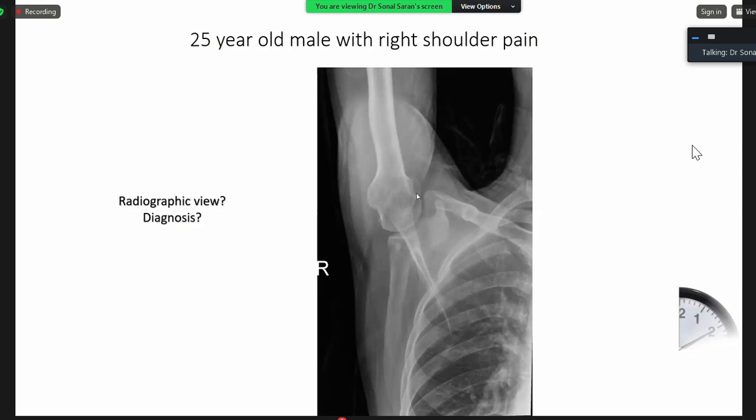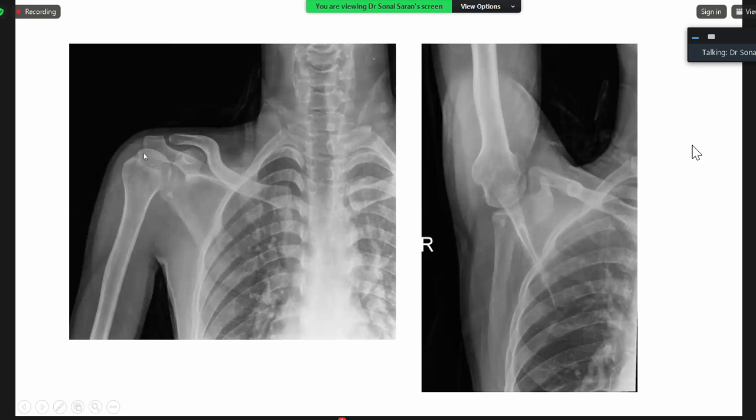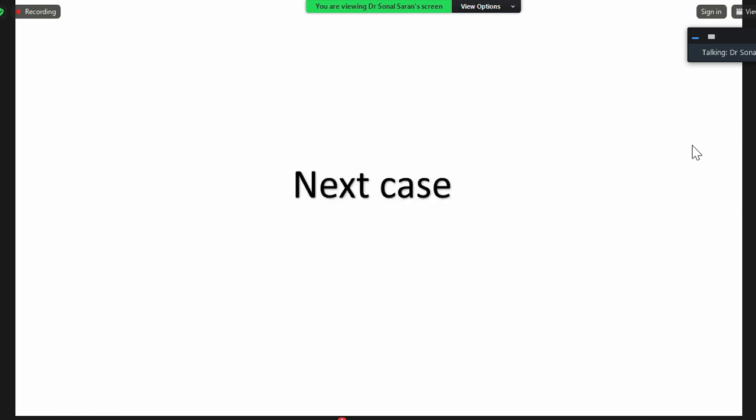Okay. So here we can see this is a Stryker's notch view where we can see the posterolateral aspect of humerus very well over here. There is a defect over the posterolateral aspect of humerus head, and this is Hill-Sachs lesion. So basically, to look for Hill-Sachs lesion, we do this Stryker's notch view. And when we compare a simple AP radiograph with a Stryker's notch view, you can clearly see how well this Hill-Sachs lesion looks in the Stryker's notch view. And this is how we take this radiograph. So this is Stryker's notch view for Hill-Sachs lesion. Next is